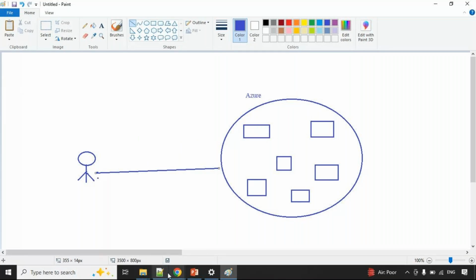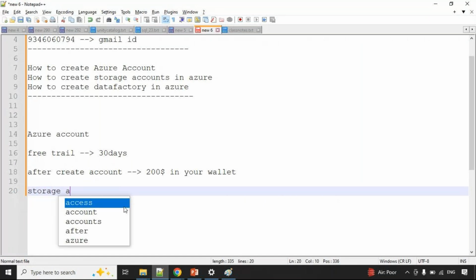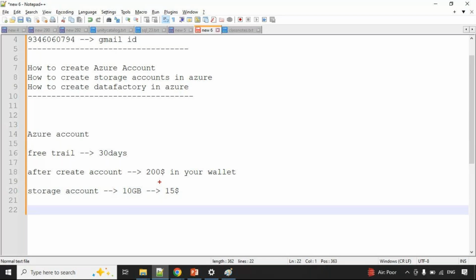For suppose, for 10 GB data I uploaded, the charge is considered $15. This $15 amount will be deducted from your wallet. This wallet amount we cannot withdraw, we can only use it for the Azure services.